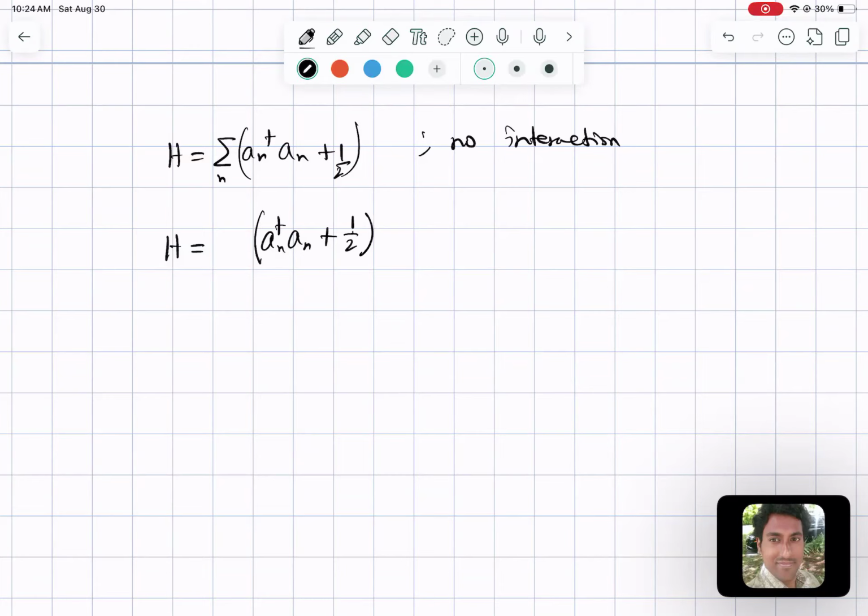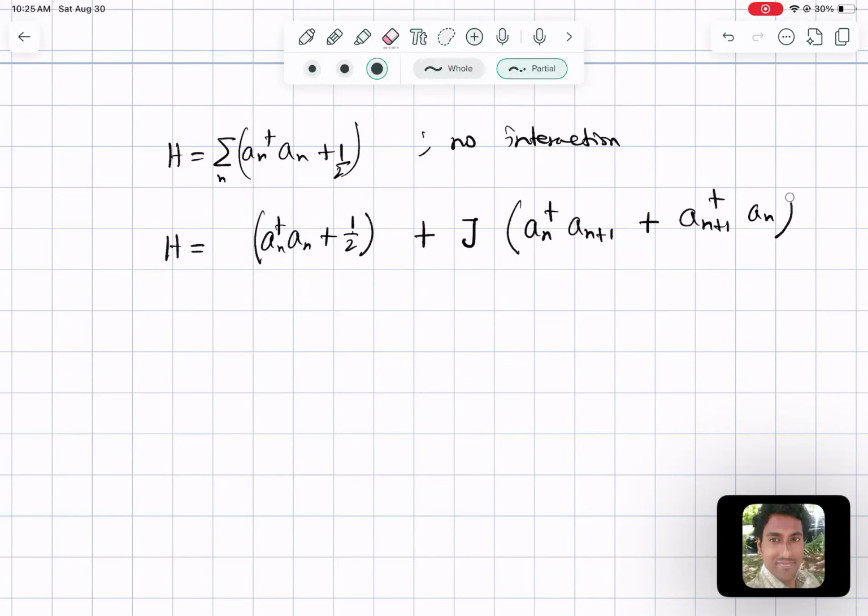That's the Hamiltonian for a free harmonic oscillator, no interaction. Plus, we can add an interaction term. J is the coupling constant or interaction strength: a_n dagger a_{n+1} plus a_{n+1} dagger a_n. So this is the Hermitian conjugate